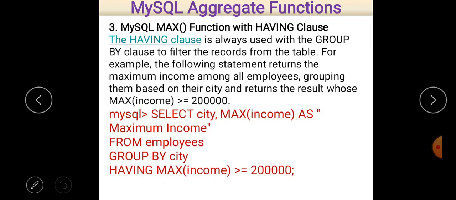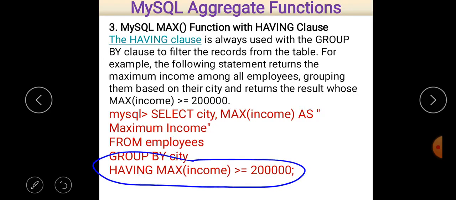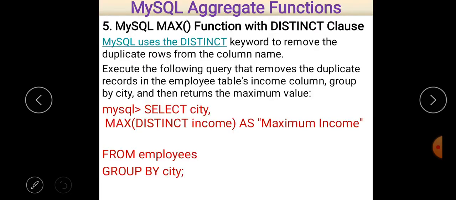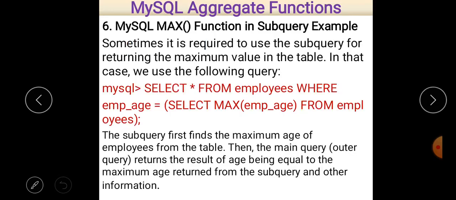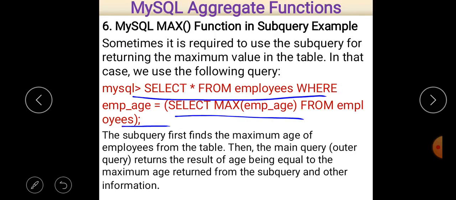And if there is a condition related to the group, that condition must be given with the having clause. And if we want to find a unique value, then the distinct keyword should be used. And at last, if there are two queries, inner and outer, first of all the inner query should be executed. That basically gives the input for the outer query.